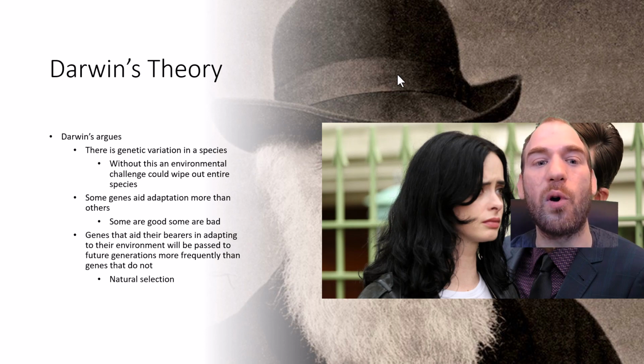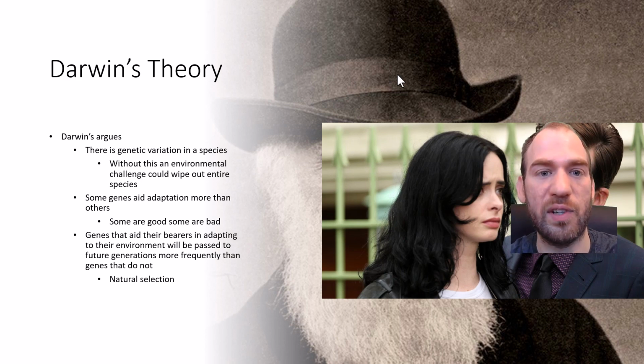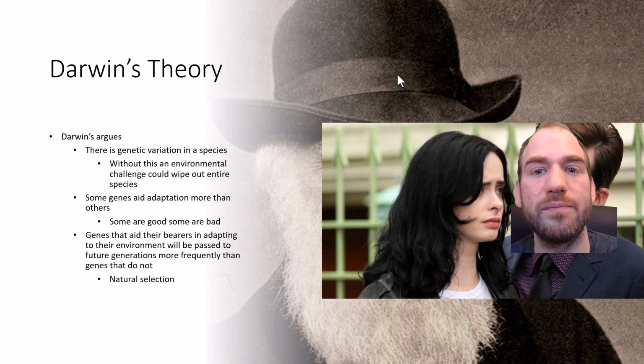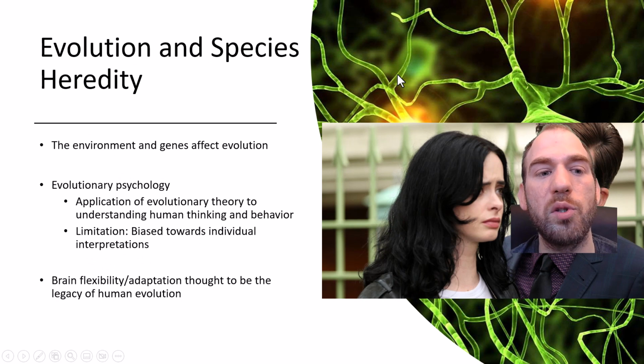Some genes are more adaptive than others, roughly stated. Some genes are adaptive within certain contexts, while in other contexts, certain genes or biological outcomes are not as positively adaptive. So depending on the environment that you are living in, some biological outcomes or genetic variability are positive, while if you put that same biological adaptation in a different context, it becomes less positively adaptive. Both the environment and genes affect evolution.